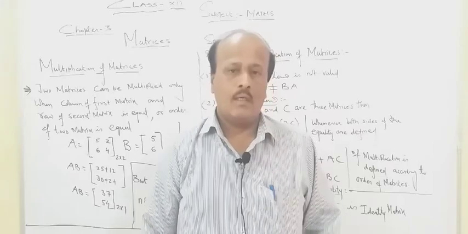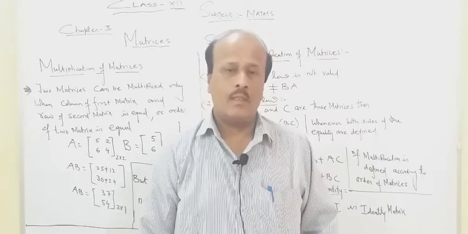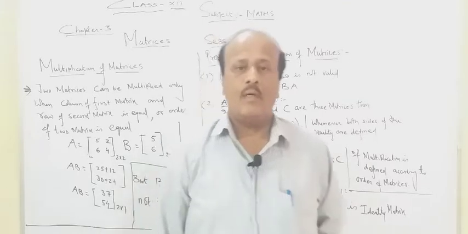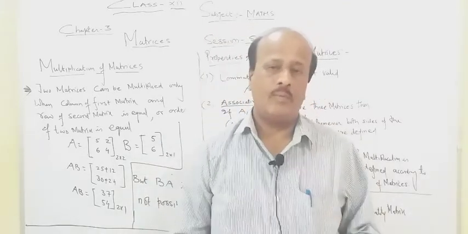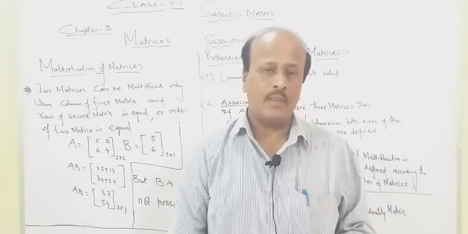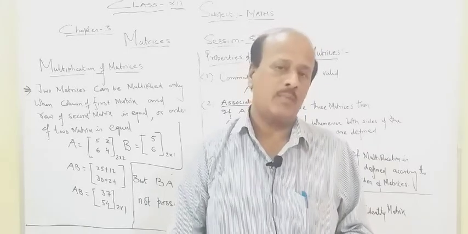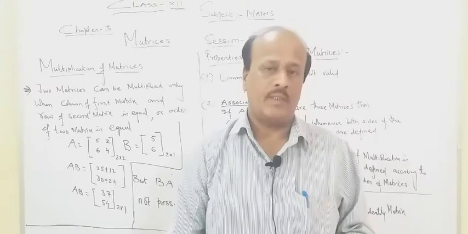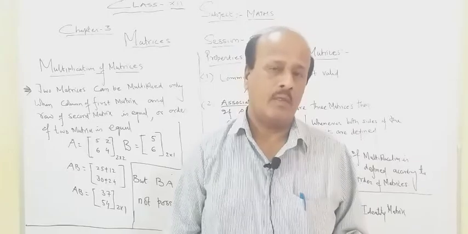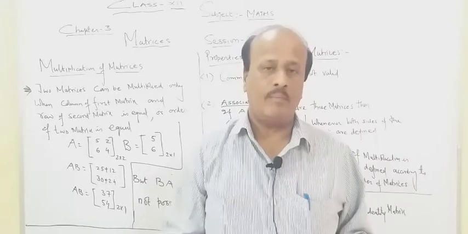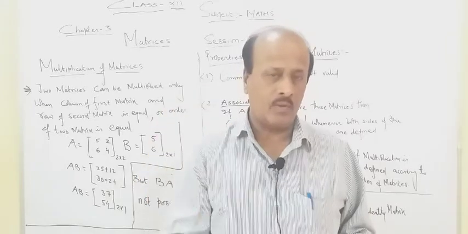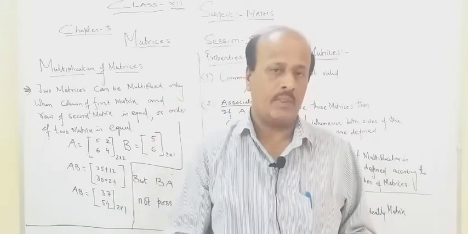Students, let us start our next session, number 5. Already I told you about the multiplication of matrices. In multiplication of matrices, the most important role is played by the order of a matrix. If the order of the matrices is not as required, then we cannot multiply. One example is on the board which I am going to tell you. Already I told you one or two examples.